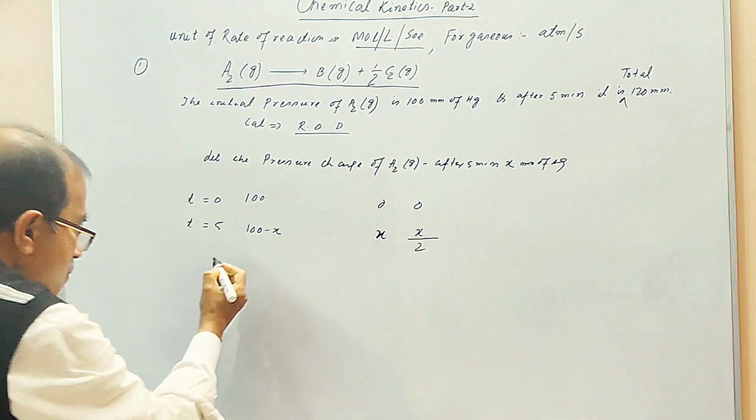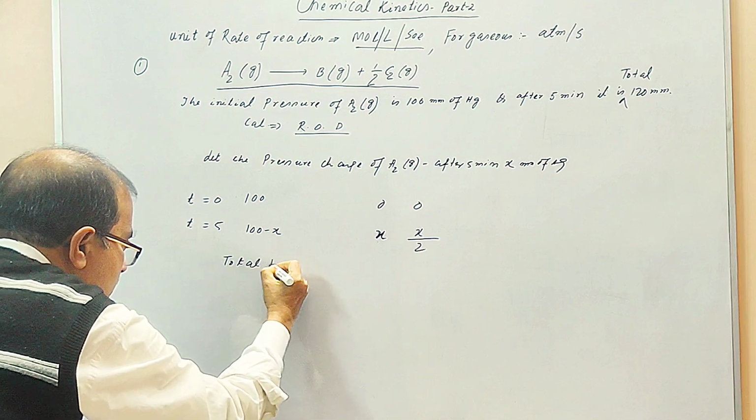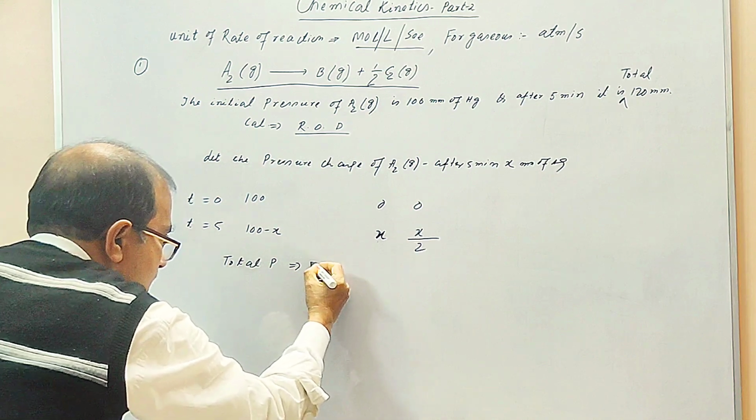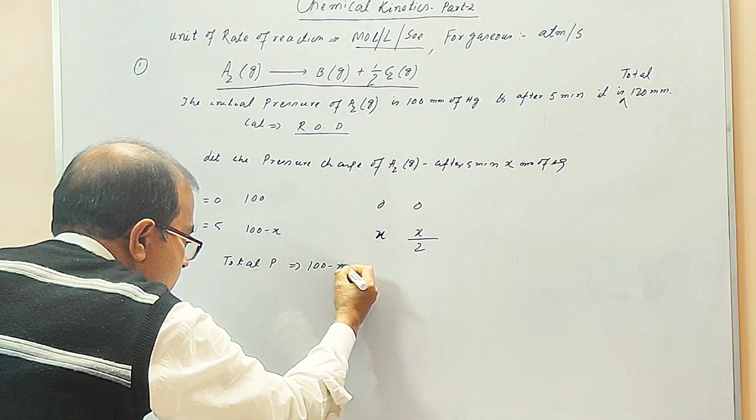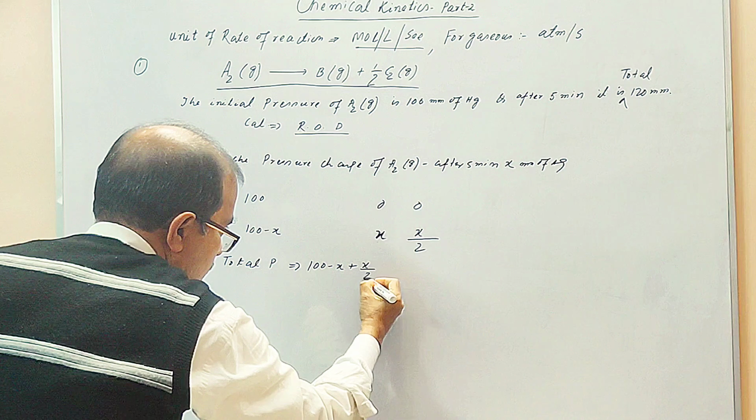So total pressure will be 100 minus X plus X by 2